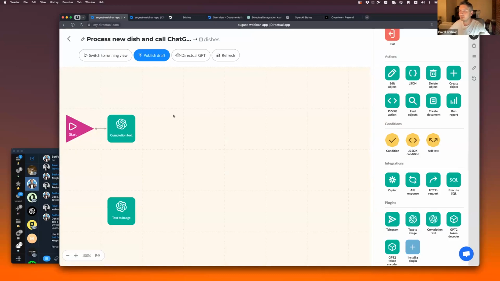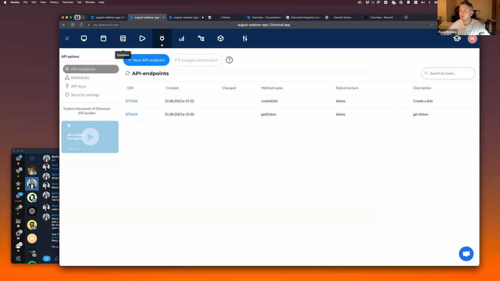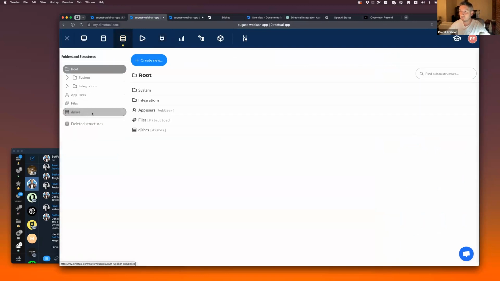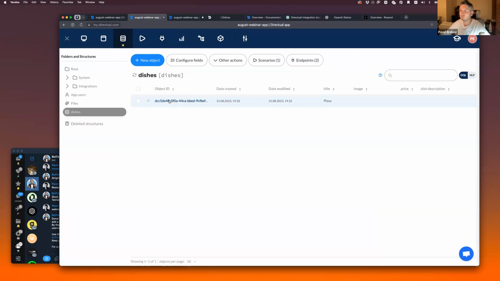All right, and now we need to test somehow the scenario. Sure thing, we could wait when the object is created, then the triggers, and the scenario will process the object. But we could use so-called debug mode. There are two ways to push an object to the scenario. First of all, we need an object. Here we have one, and we need to copy its ID. So we click copy ID here,